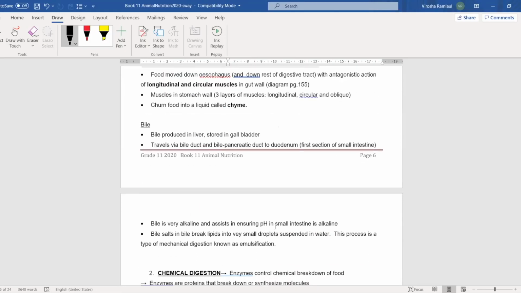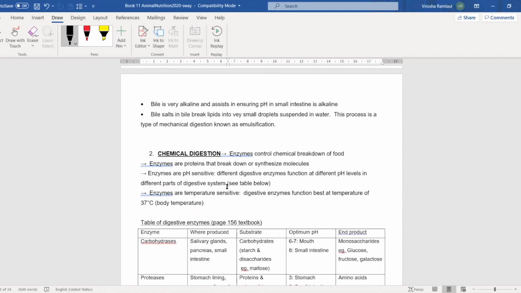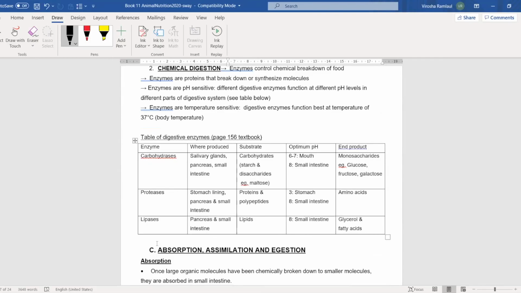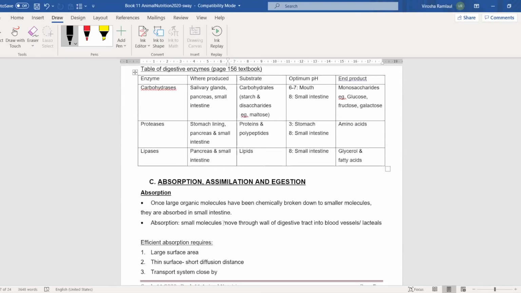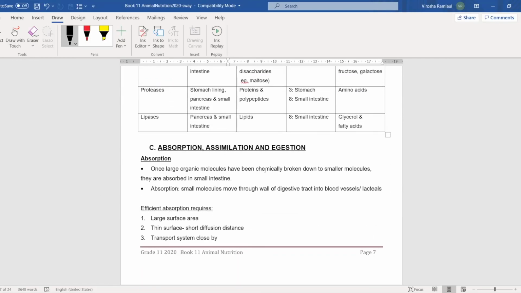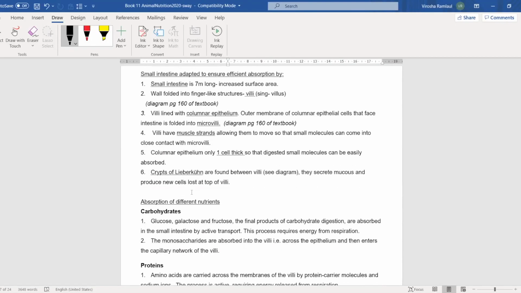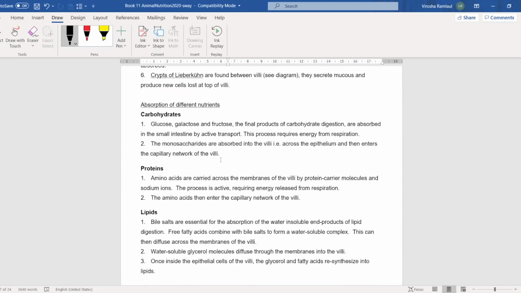We spoke about bile. So there's that term there. When bile breaks down fat into droplets, emulsification. Chemical digestion, there's all the chemical digestion. This is all you need to know. Absorption, we've done in the small intestine, when the small nutrients or molecules are absorbed into the blood vessels or the cells. We did the small intestine, absorption we've done,